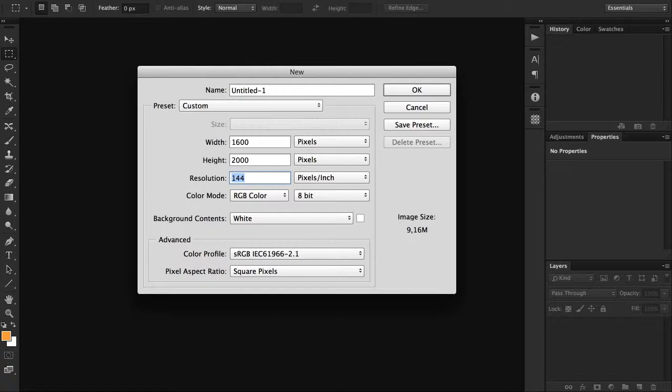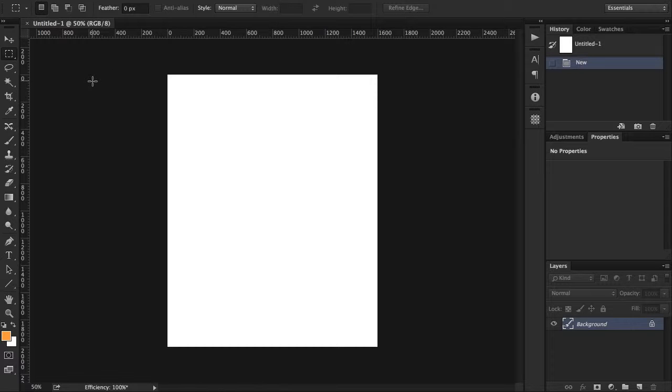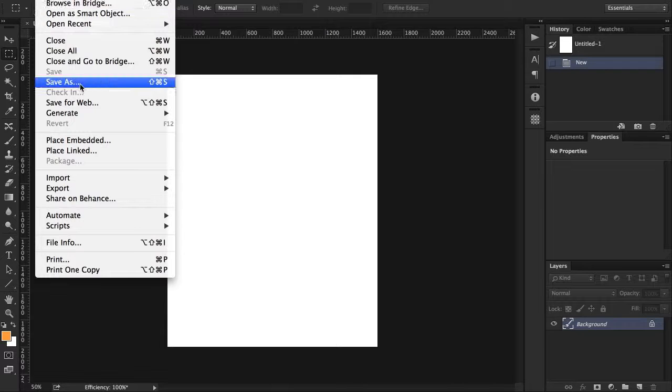The resolution should be 27 pixels per inch, and the color mode should be RGB. Okay, and we've got this one. Let's not do anything yet. We'll do that in our later lessons when we create our actual layouts. Let's just save this,